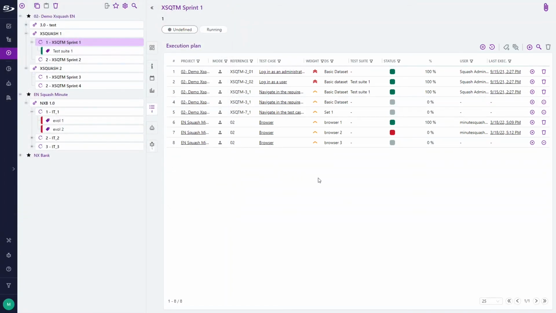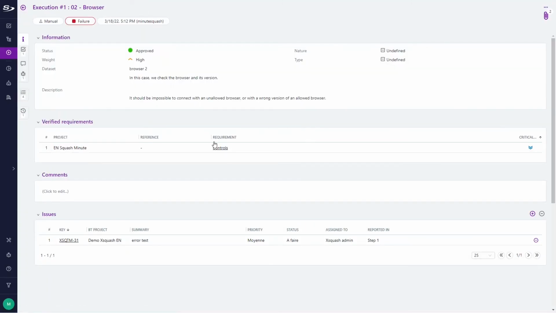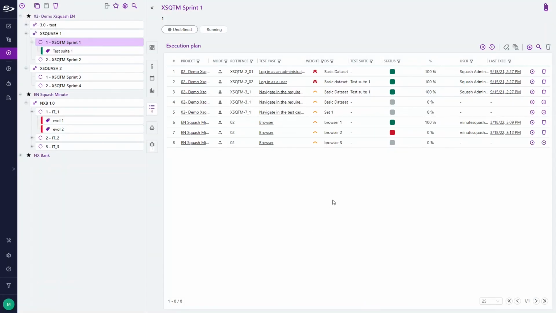We can see that the general status of the tests is failed in red because the test step has been declared failed. By clicking the date of the last execution, we access the details of the execution and also the link of the Jira ticket containing the details of the anomaly here. Let's go back to our execution plan.